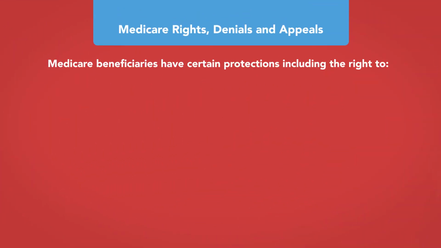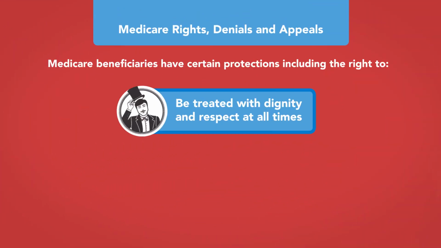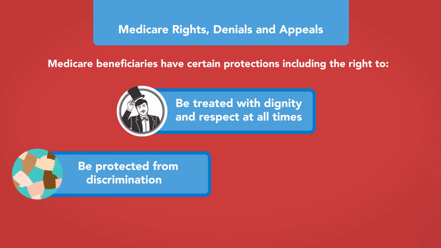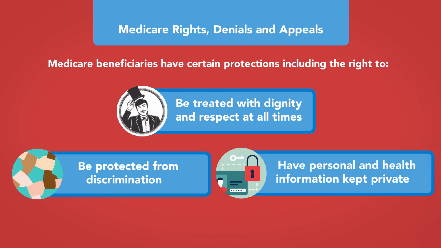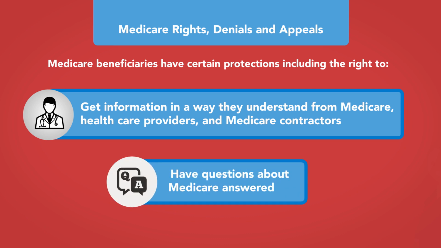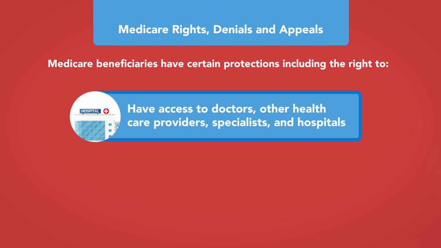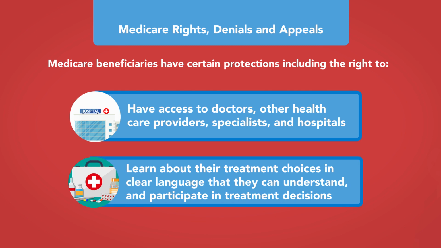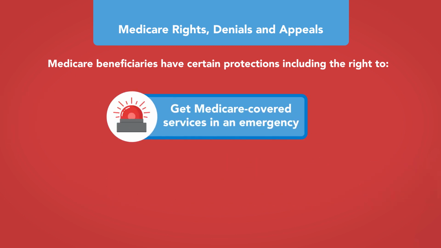Medicare beneficiaries have certain protections, including the rights to be treated with dignity and respect at all times, be protected from discrimination, have personal and health information kept private, get information in a way that they understand from Medicare, healthcare providers, and Medicare contractors, have questions about Medicare answered, have access to doctors, other healthcare providers, specialists, and hospitals, learn about their treatment choices in clear language that they understand, and participate in treatment decisions,